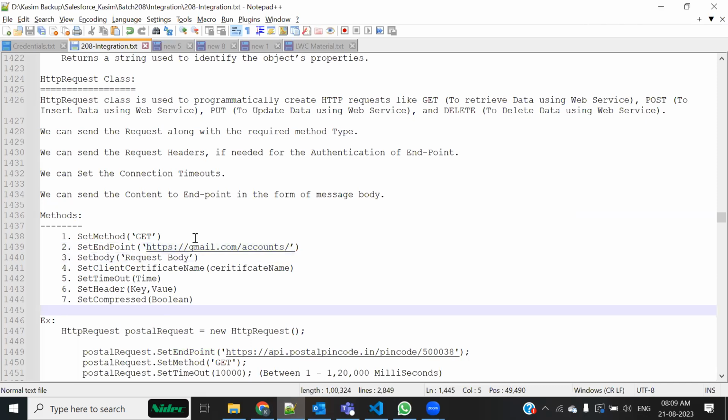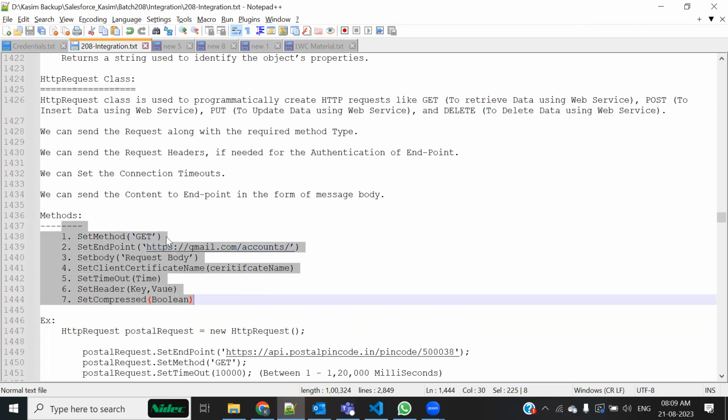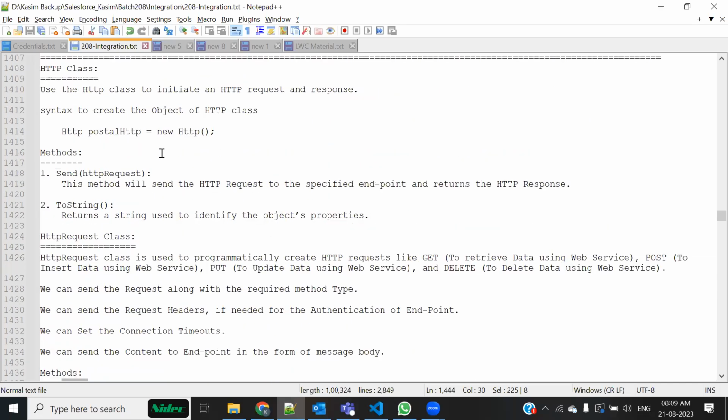Most importantly, what you have to understand in this context is that by using various methods of the HTTP request class, we create something called a request. That request we have formulated, we put inside the send method, but the send method belongs to the HTTP class. You would send the request you created using the HTTP request class. As step number one,